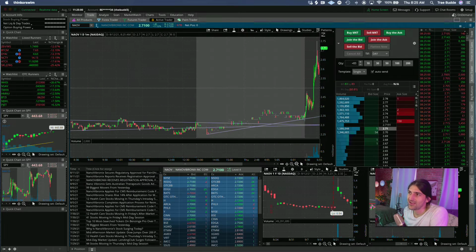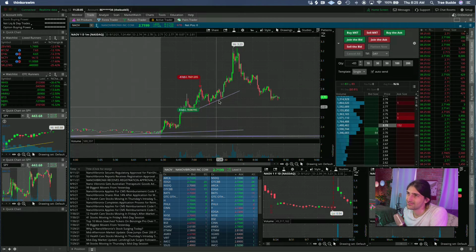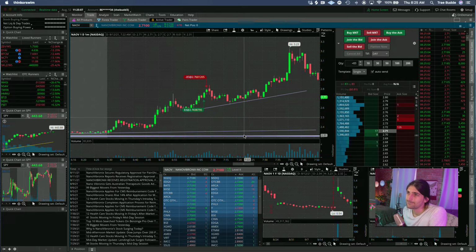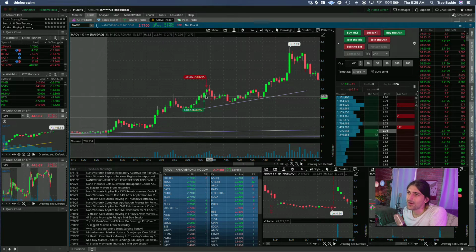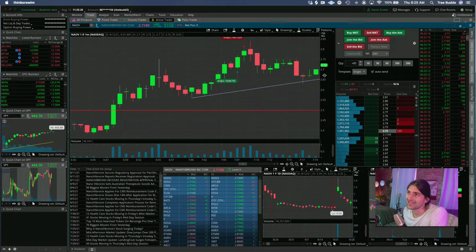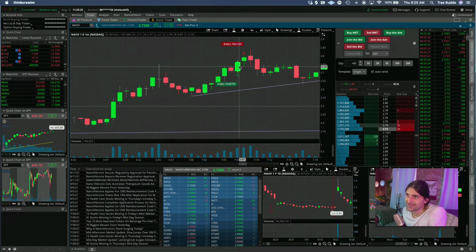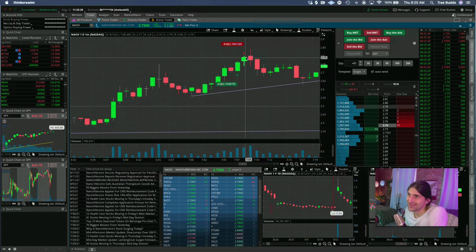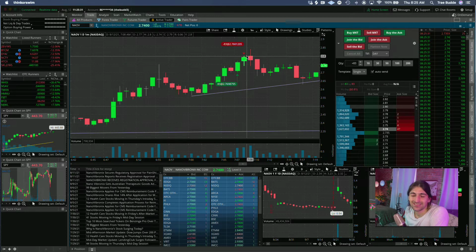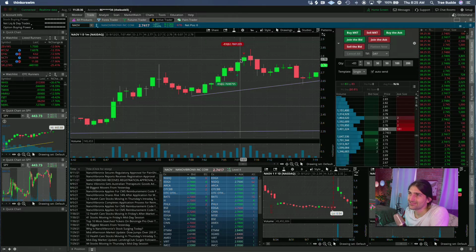Small loss because I caught myself chasing, but I guess it didn't matter. So here I am buying for the break to new highs, right? I was pushing the buy button at 74. I wanted to buy into the break to new highs for the flip, but it just didn't work out like that. I bought right as it was breaking, so I got 277,